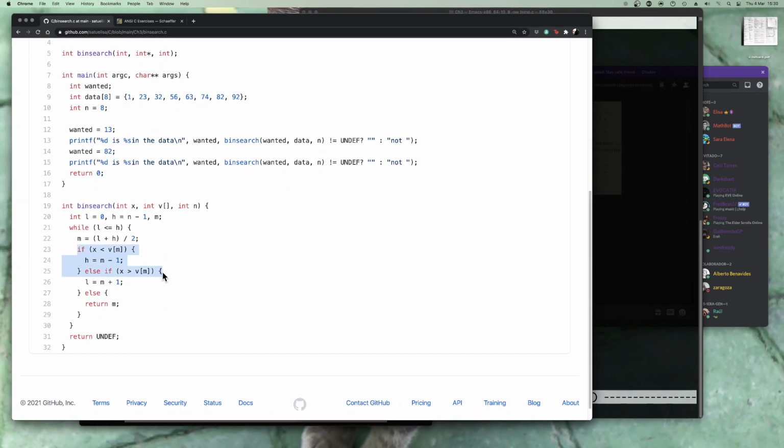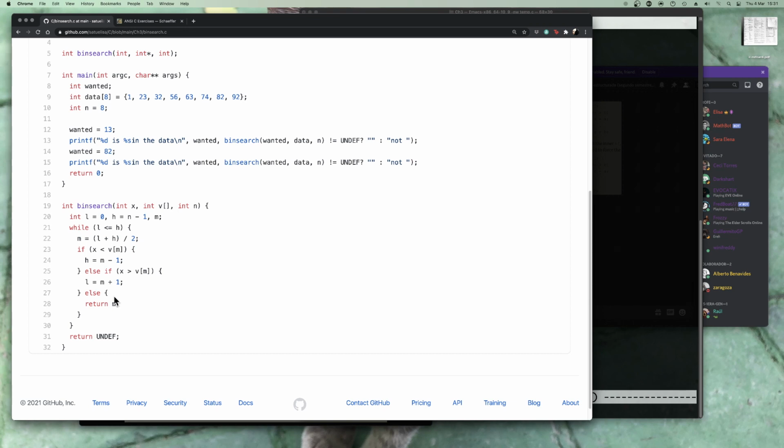And in here we have the if else for whether the number is smaller, larger, or equal. And how does binary search work if you've never run into binary search before? It's kind of like how you look for something in a phone book. If you guys are old enough to have seen a phone book or a printed dictionary, you would just